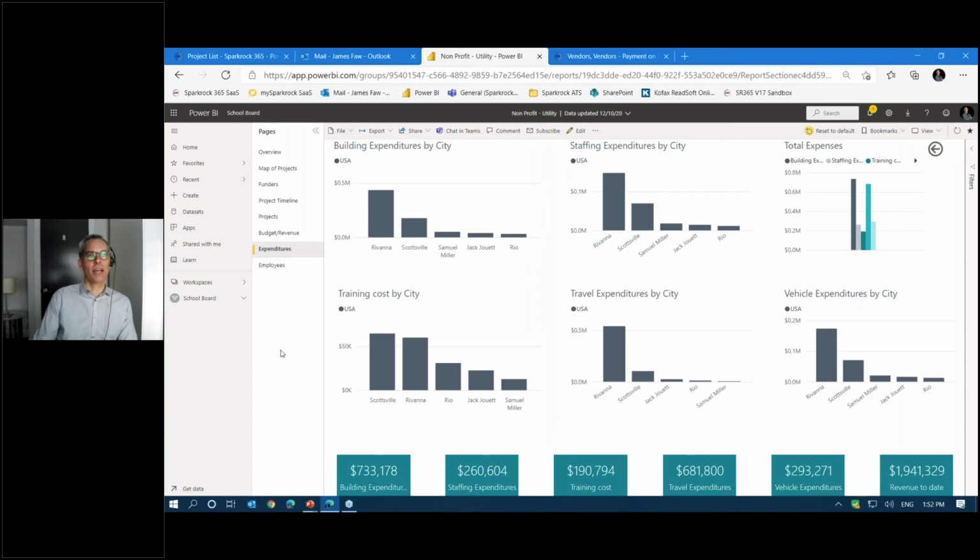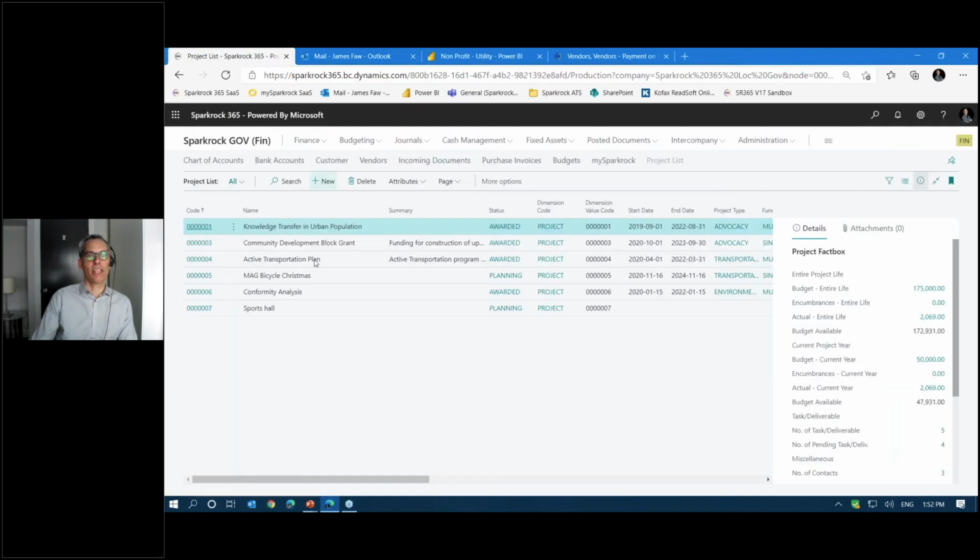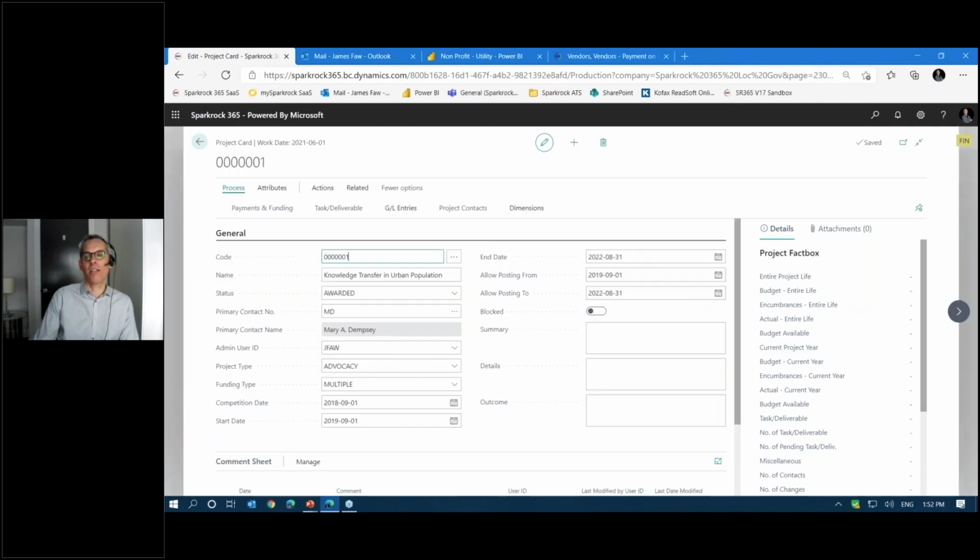So hopefully this allows you some insight into some of the tools that are available, and what life can look like for an organization that wants to really digitally transform a lot of these functions and bring them into a centrally, fully integrated ERP solution that talks well and plays well with others in terms of a Microsoft ecosystem.